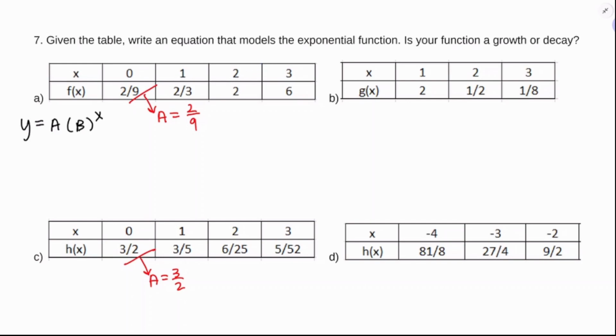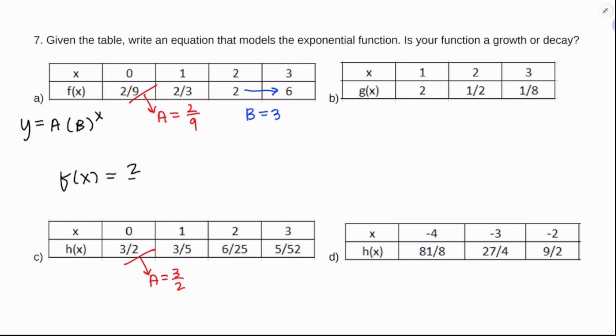So I'm looking over here at the table for f and looking for two values that are easy, because if it's an exponential function, it should be consistent, right? x is increasing consistently by 1 each time, so I should see the same multiplier each time. And 2 to 6, that's multiplication by 3. It might be good to verify with the other ones that that's working, but that looks like it to me. So b is going to equal 3, and then I can conclude that f of x is going to equal